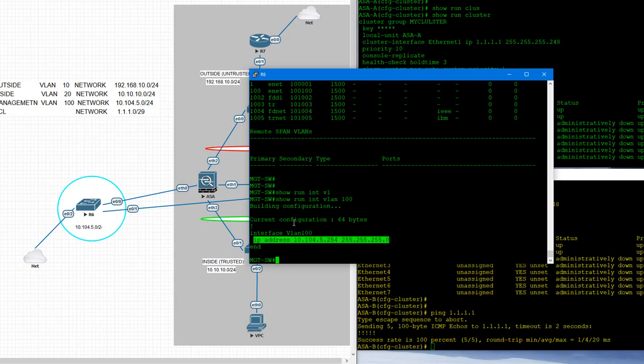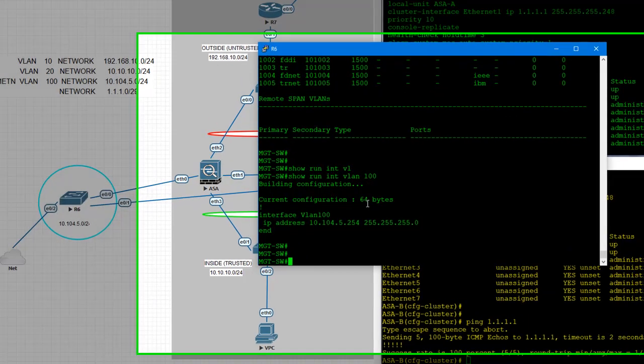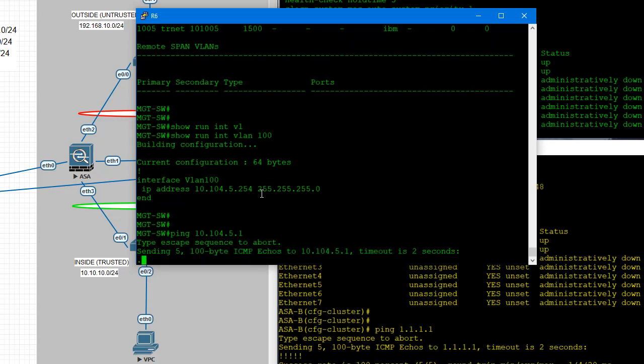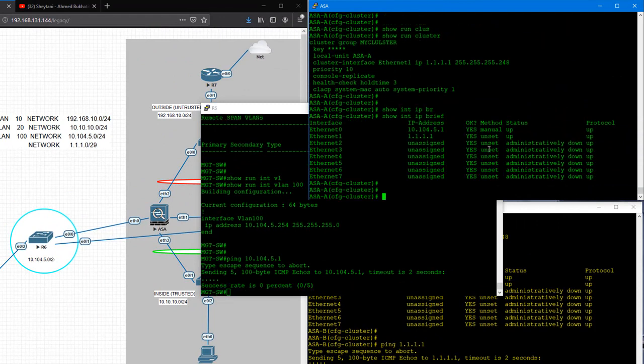to send all the traffic to the switch, and then further we'll connect Windows with this management network to access and install the ASDM. So I will show you that later. So at the moment, let's test the ping to 10.104.5.1. Okay, so it's not pinging because,